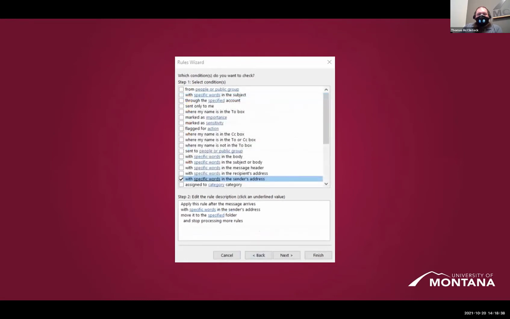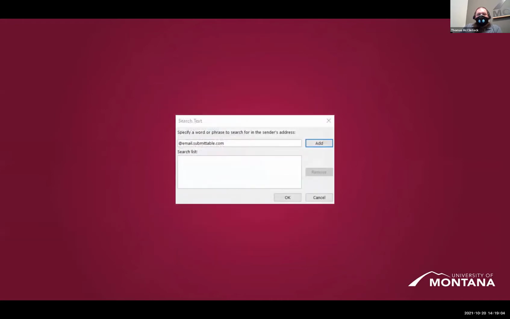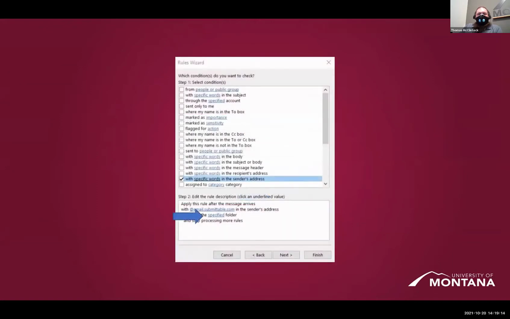And you want to deselect from people or a public group, which is what it will normally have selected, and make sure that with specific words in the sender's address is selected. And then click on specific words in step 2 and just put in at email.submittable.com. Click Add, click OK, click Specified,